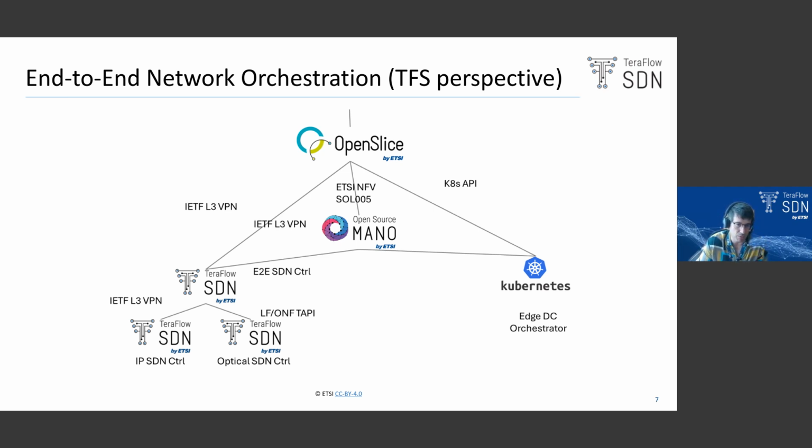We can have a TeraFlowSDN instance being able to handle optical devices, and then we have the optical SDN controller. We have also a flavor of TeraFlowSDN being able to handle end-to-end connectivity services. This is the orchestrator domain, typically on top of IP plus optical domains. And also one of the last flavors that doesn't appear in the figure, but we have also introduced, is